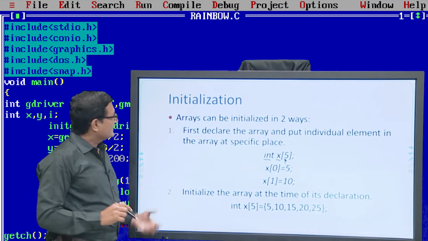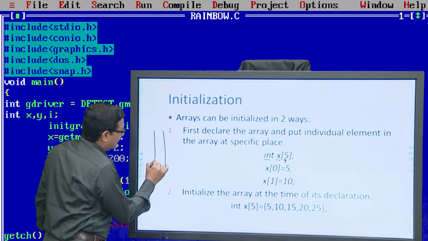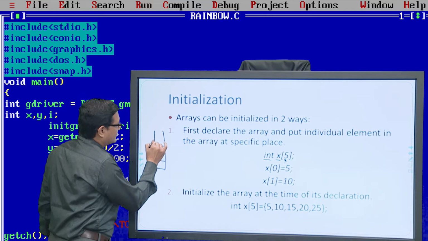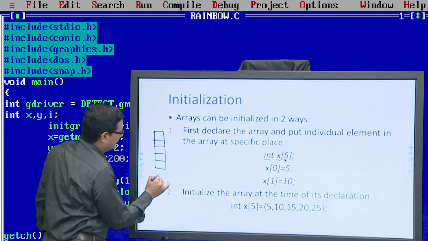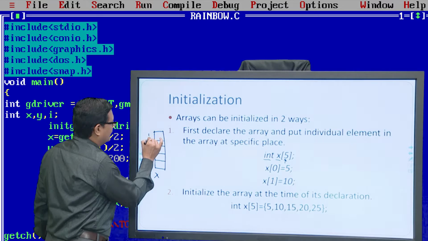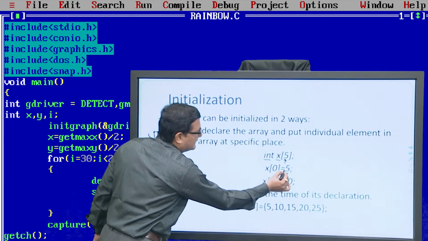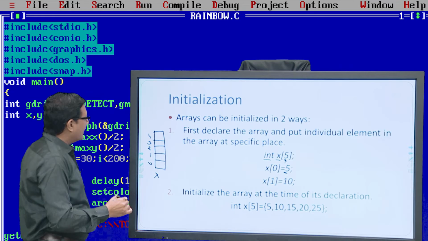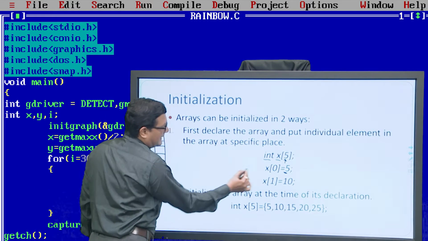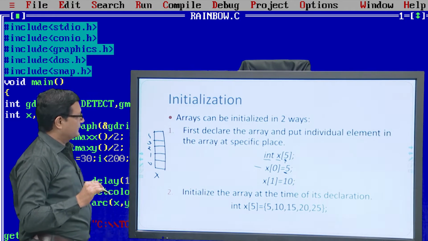This array x has indices 0, 1, 2, 3, 4. This x can store 5 elements.